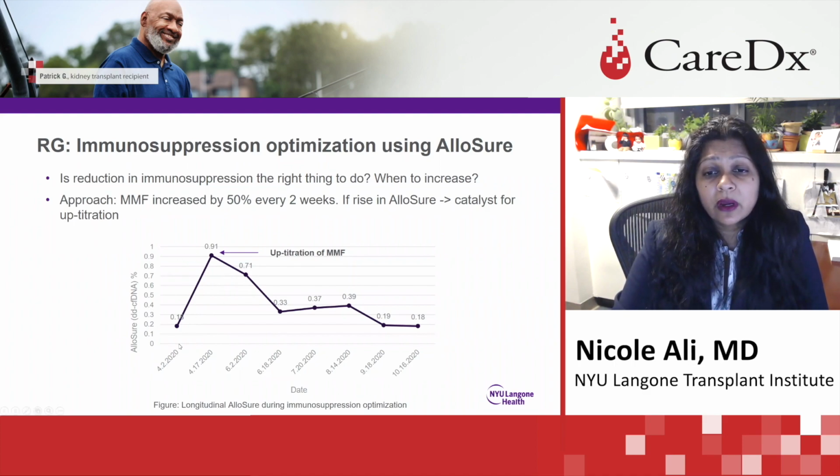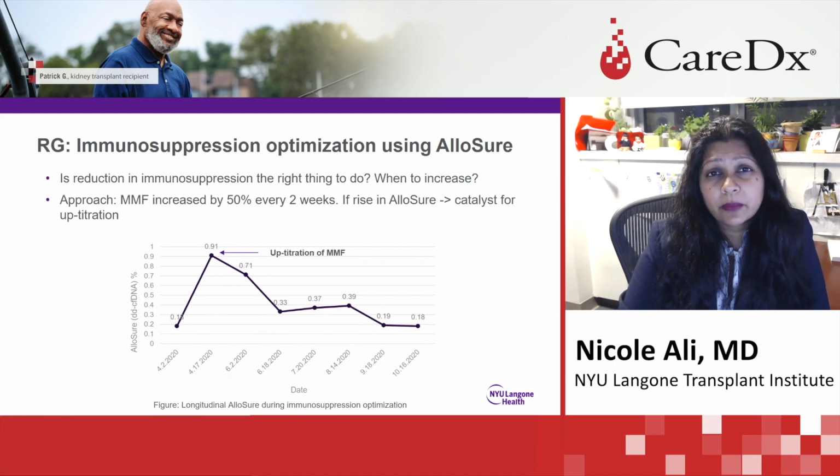However, with this rather large increase in the AlloSure, we decided to up-titrate to full immunosuppression at this point, which meant 1 gram of CELSEP twice a day and running his tacrolimus levels at 8 to 10. With doing that, we see his AlloSure score came down nicely. He never had hyperglycemia or acute renal failure in this course, and he has settled out pretty unremarkably to where he was before. So this, I think, is one example, again, of how we can use some of these newer markers to help us track patients in whom we're reducing immunosuppression and hopefully try to prevent rejection.